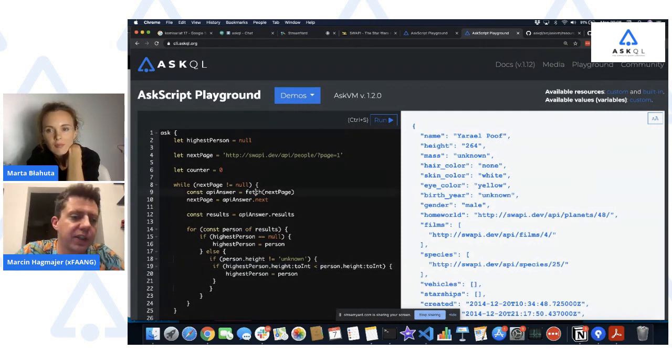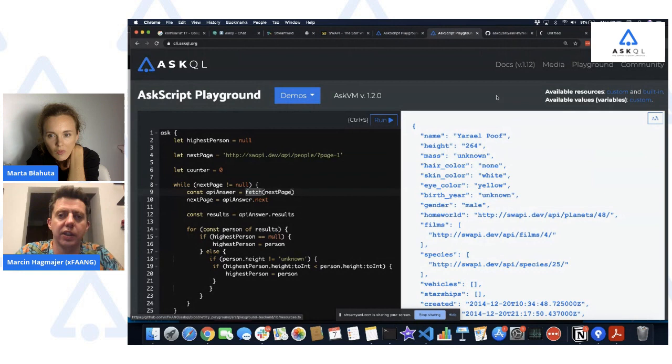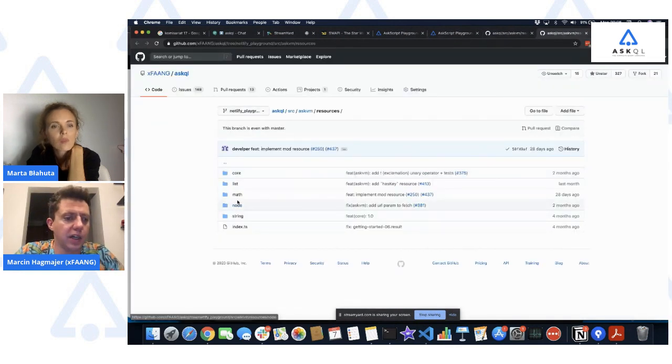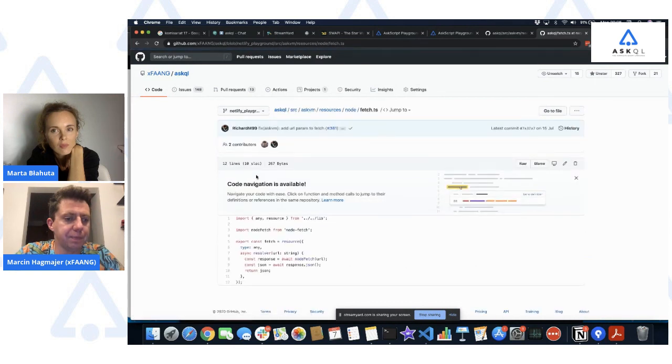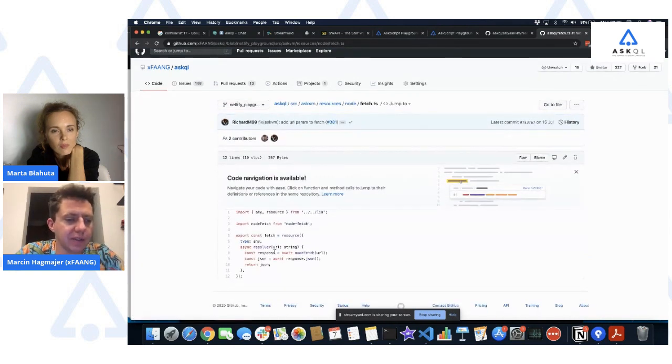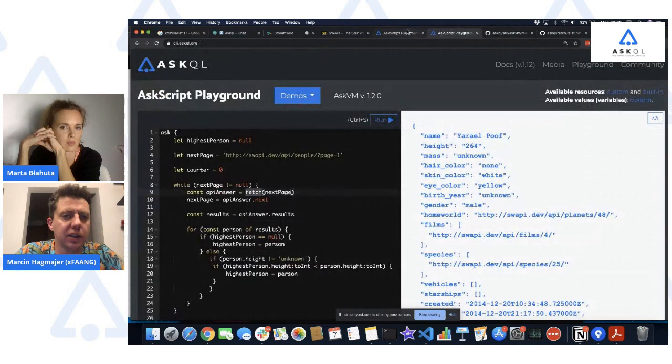And the fetch here is our own function that we have built here, and you can see its source code. It's in the node folder called fetch, and this actually uses the node fetch library. So it works like fetch, but it's just wrapped inside the AskQL technology. And the reason why we need this additional layer is to be able